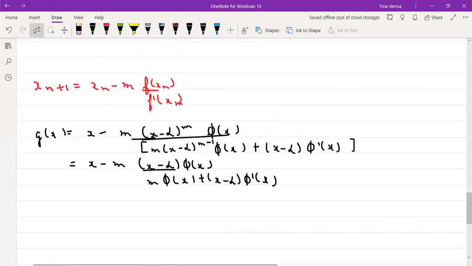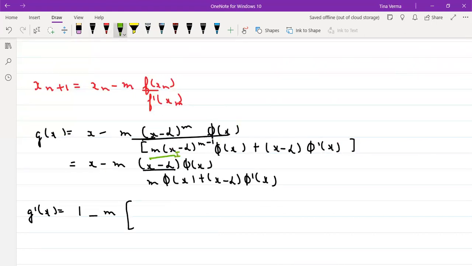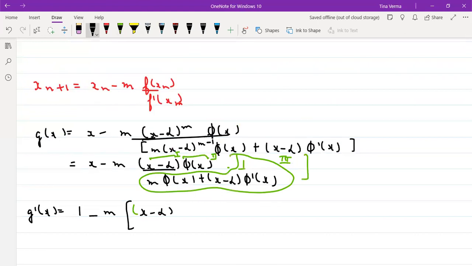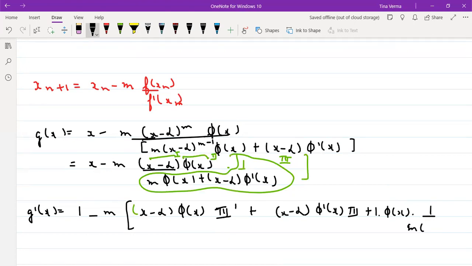So the same, if you take its derivative, the same as I have taken the derivative previously, that is 1 minus m times, right? So this we consider as the first function. This we consider as the second function. This we consider as the third function, right? So when you take its derivative, it will become x minus alpha times the derivative of the third function, plus x minus alpha as it is, the derivative of second, third as it is, plus first as it is, second as it is, the derivative of third, it will be this